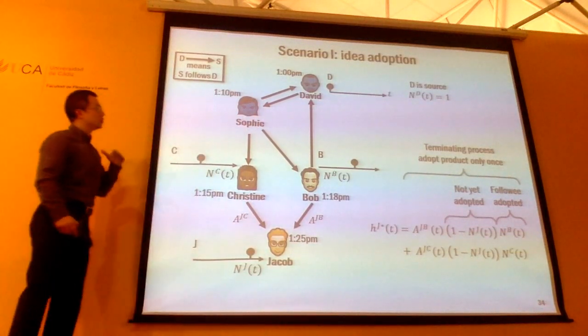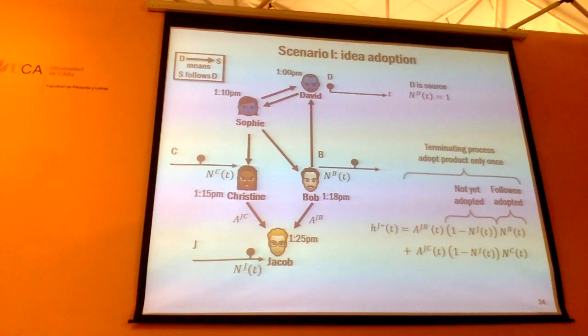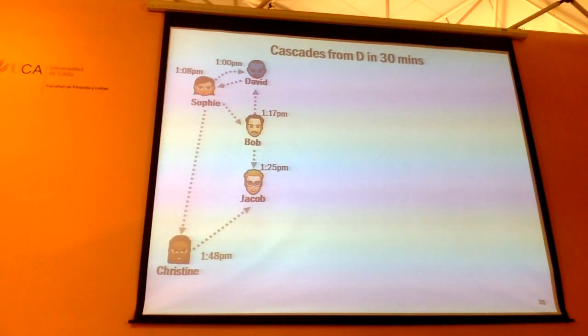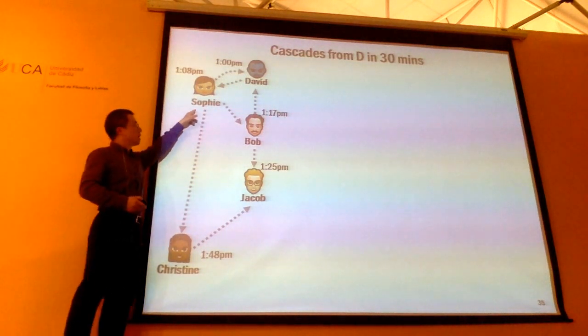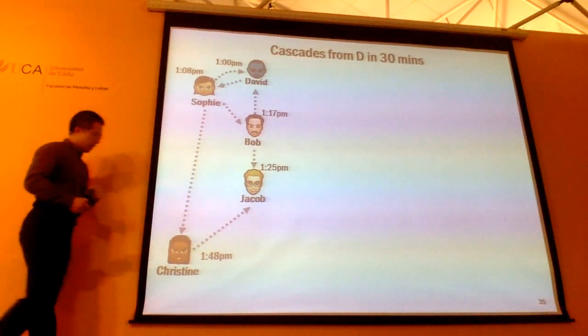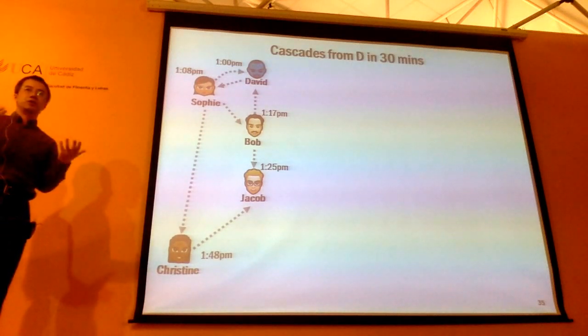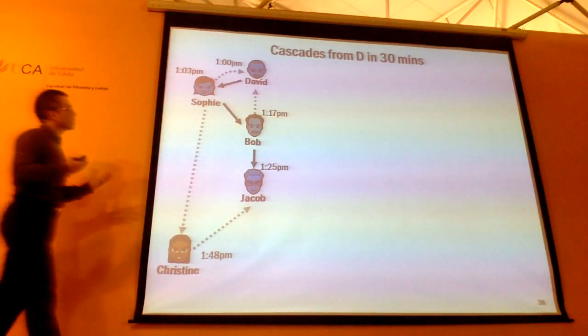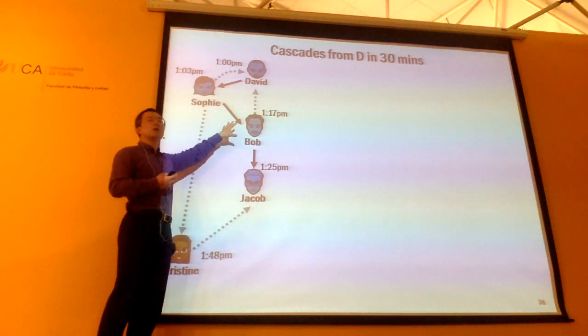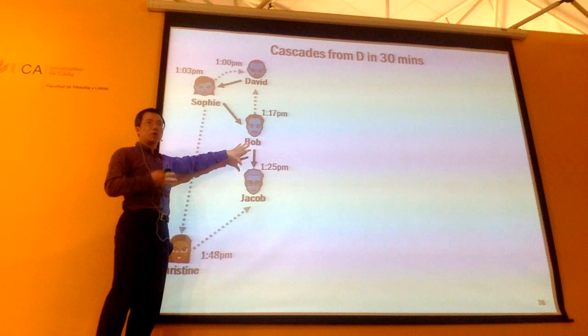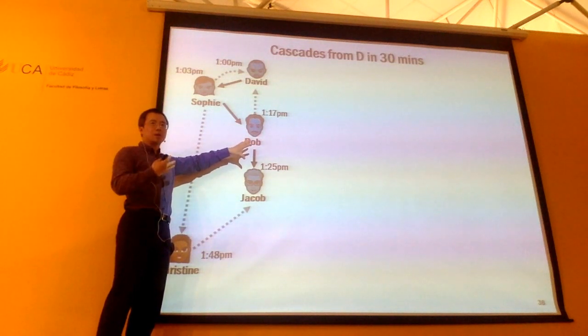Okay. So you can do this for each one of these nodes in this network. Once you have done that, you will be able to essentially sample these time points from this process. Suppose David is going to be the source node and initially has the idea at time point t0. Then you're going to sample according to this intensity the actual event times for Sophie, Bob, Jacob, and Christine, things like this, right? Suppose I am just limiting myself to a 30-minute simulation horizon. In that particular 30-minute simulation horizon, maybe only these 3 nodes are fully infected, or adopting that particular idea. So that's one sample.